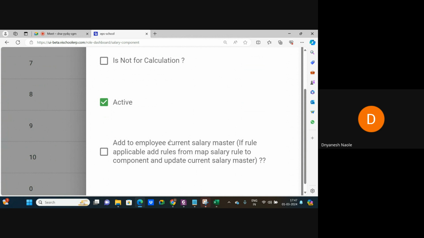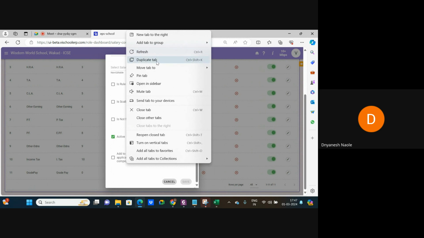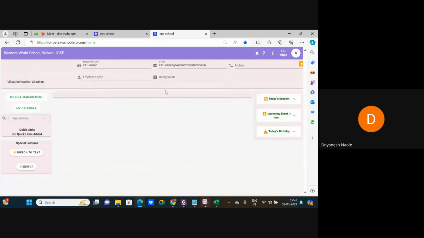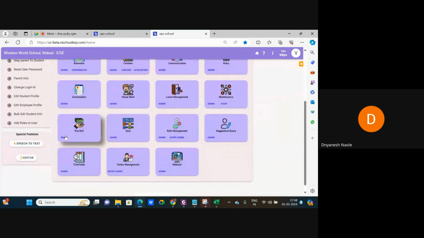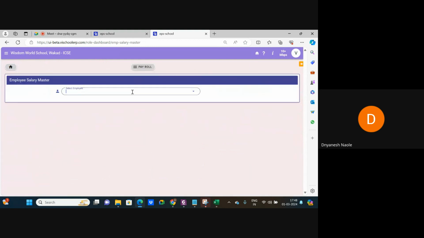Now, what is this? Suppose you get a new school. Now you create an employee master. Employee master means we have created and added all the components, defined all the rules, and now we have also created the salary master. So salary master is what